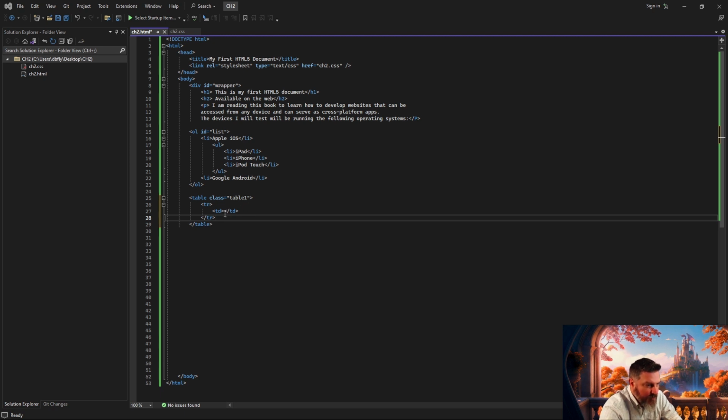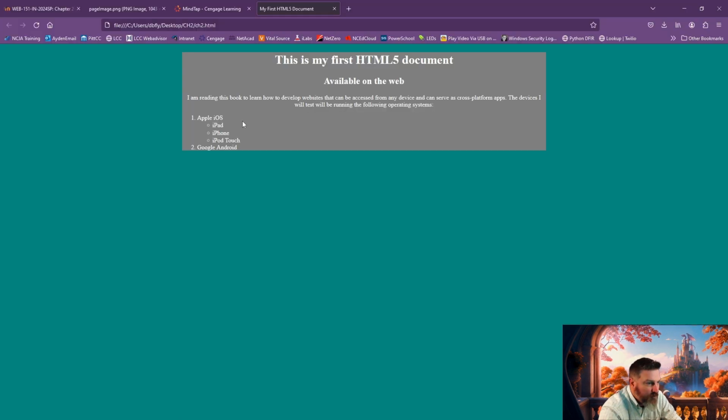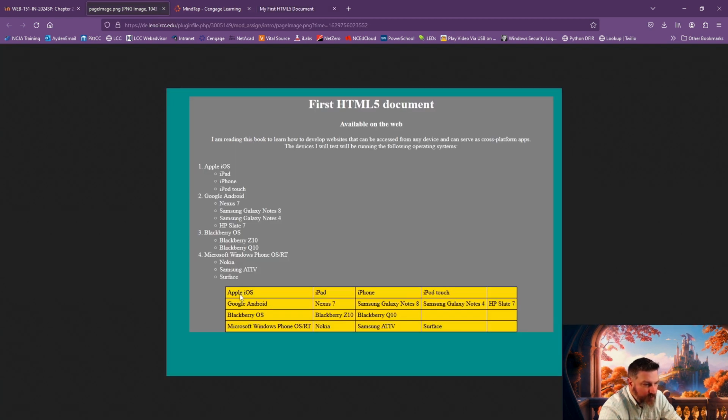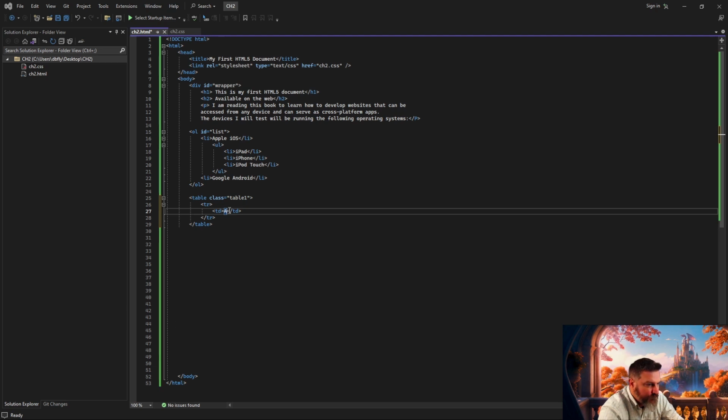Open and close my table row and my table data. I always do the table data in the same thing because everything between that is table data. And we're going to do kind of the same thing, right? I think. Let me look back. Yeah, Apple iOS. So you should have, just like in the list, Apple iOS, and then iPad, iPhone, iPod Touch. So your table data, Apple iOS. And then you're going to have